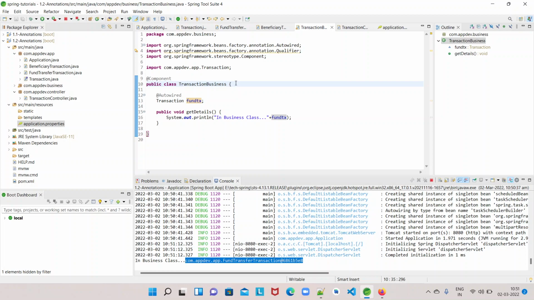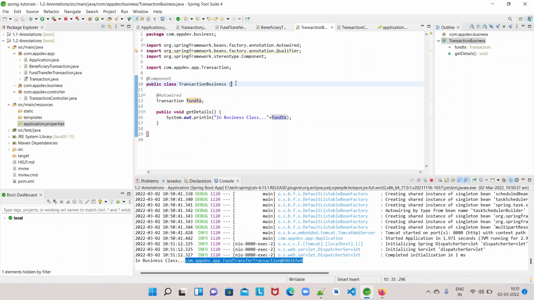So these are the different ways we can inject a bean by type and by name. That's all for today's video. We have seen different approaches of injection like constructor based injection, property based injection, and method level or setter based injection.